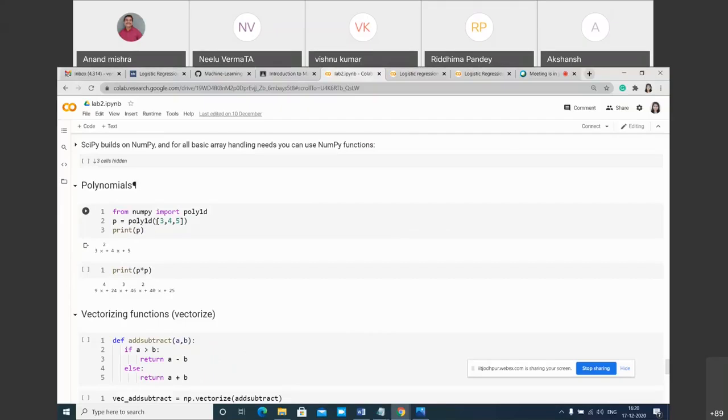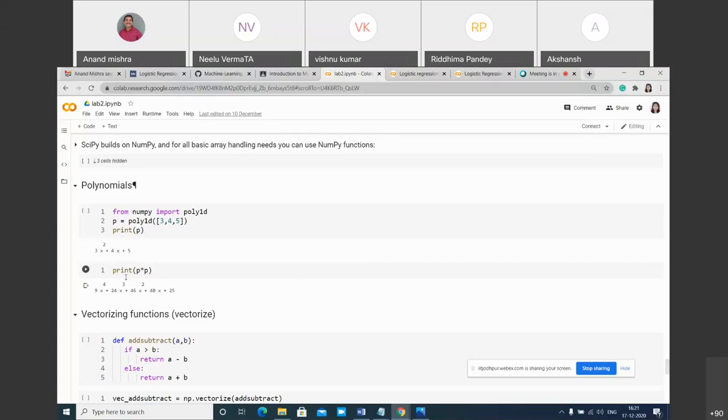By using this function, you can make a polynomial equation of 3, 4, 5, and when you print this polynomial, it will give 3x squared plus 4x plus 5. When you write a polynomial equation and give the values of a, b, c, it will give you the answer in the form of ax squared plus bx plus c.